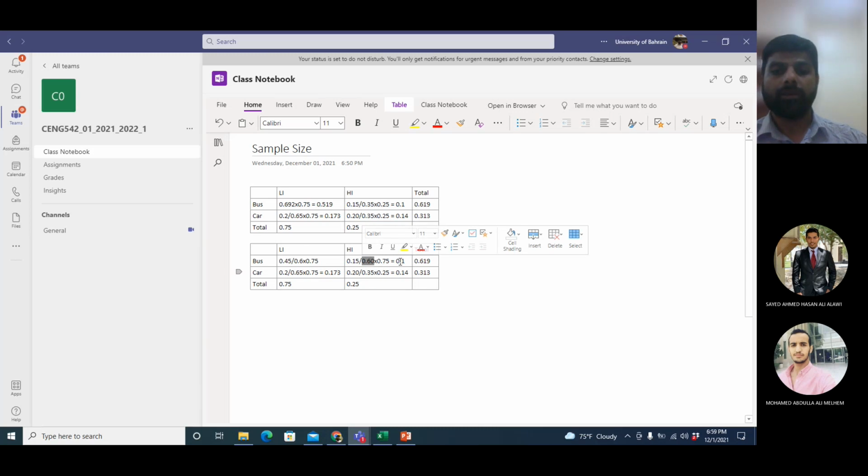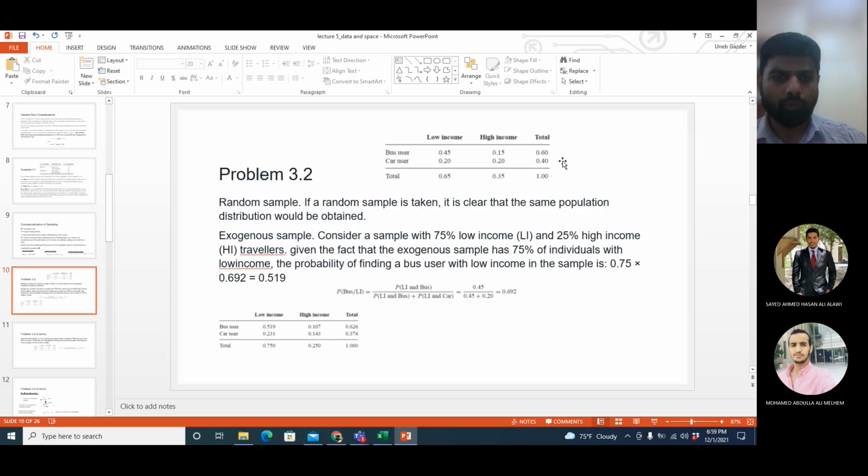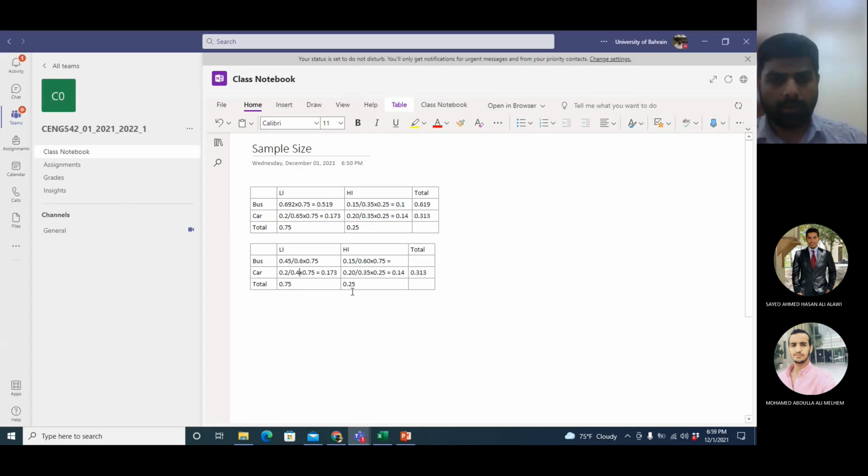Okay, so give me these values now. It is 0.6. The choice of being a car user, the total choice of being a car user is 0.4. Okay, so in the denominator, you will use the total probability on the basis of which you have divided the data. Data is divided according to choice, total probability of each choice. Okay, and so on and so forth.